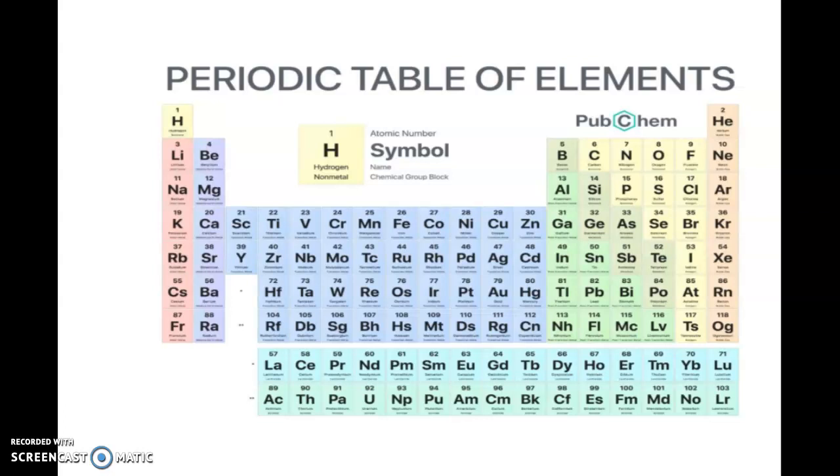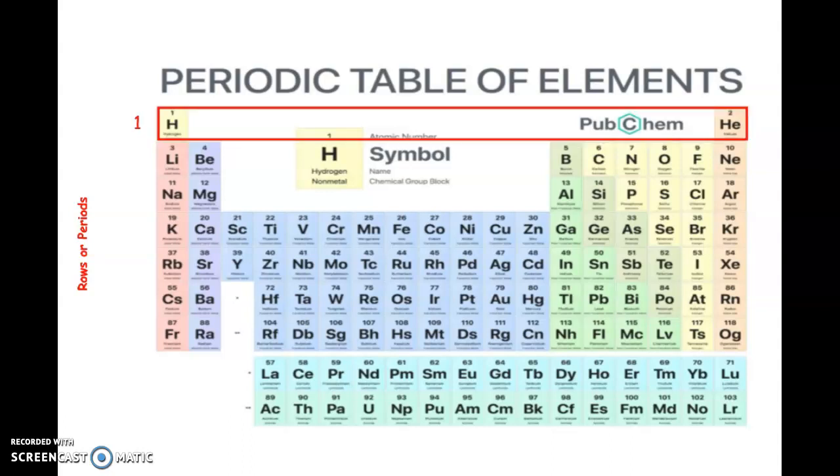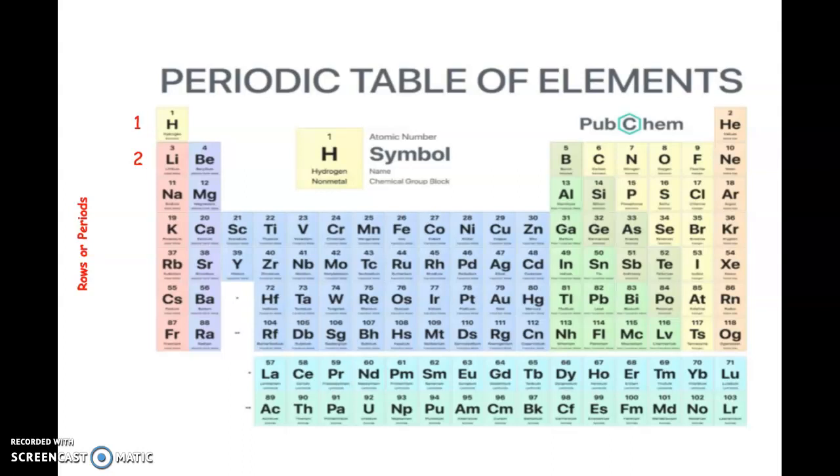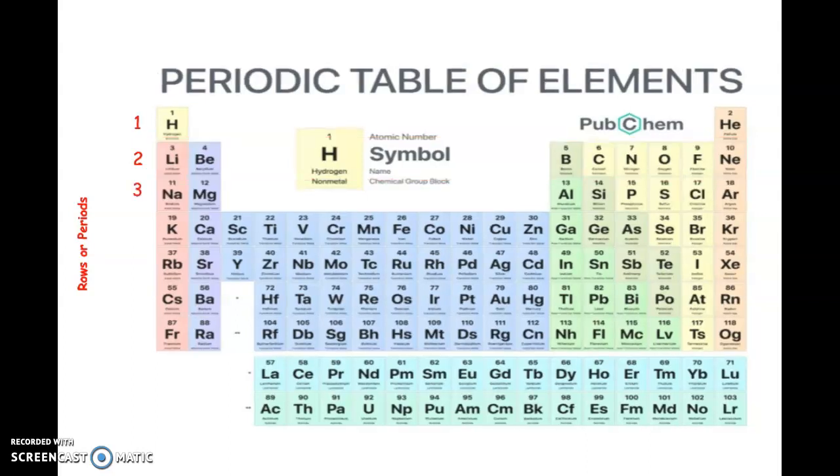Today we'd like to look at the periodic table of elements and notice how it was arranged in rows and columns. First off, rows are also called periods, and they occur down the left-hand side. Here's row number 1, which includes hydrogen and helium. Row 2: lithium, beryllium, boron, carbon, nitrogen, oxygen, fluorine, and neon. And we'll continue down through here with row 3,